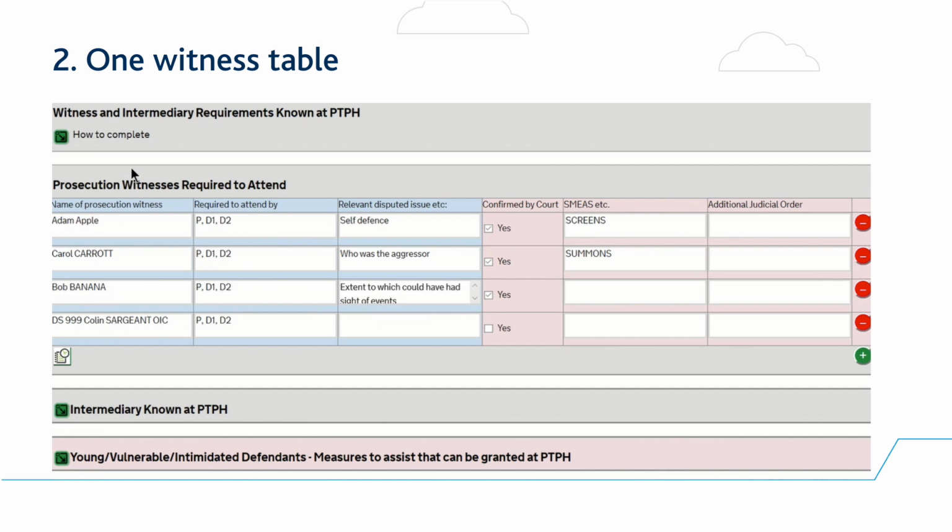PTPH2 has a single witness table. In the blue section here, the prosecution can insert the witnesses that the prosecution anticipates may be called. The individual witness requirements can be indicated by the parties using this section, and the relevant issues inserted. The judge can consider the witness requirements and confirm them or not, as the case may be here. And if it's possible to do so at PTPH, special measures may be granted, or a witness summons may be